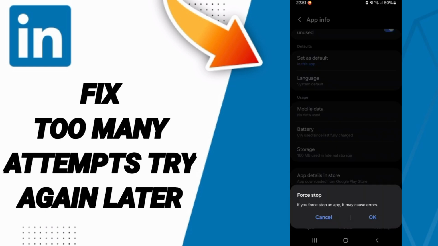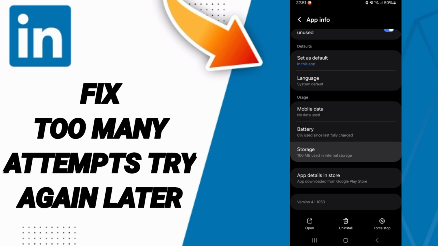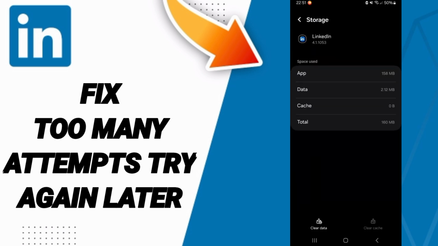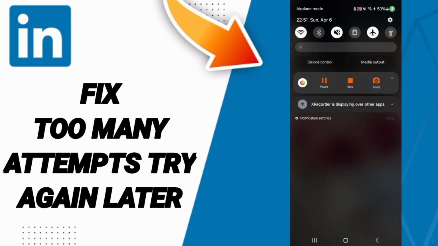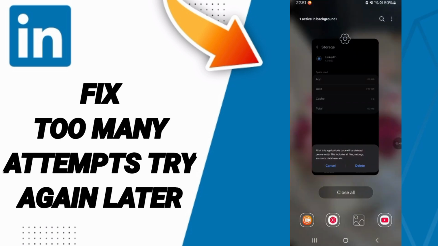Here we go to force stop and we click OK. Then we'll enter storage. Here we click on clear cache. In this page you will turn on your airplane mode and you will turn off your airplane mode again to